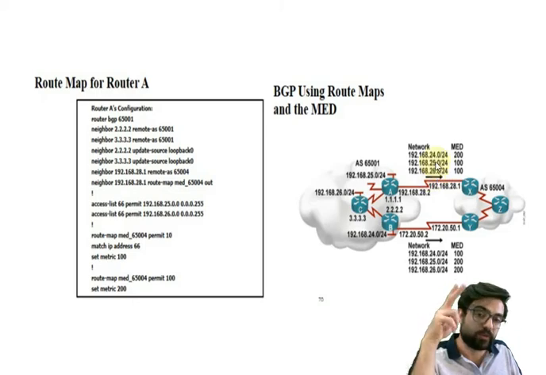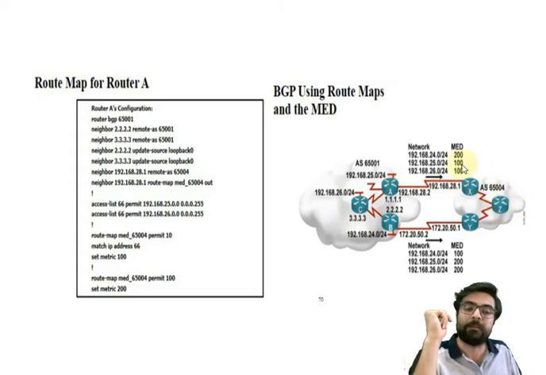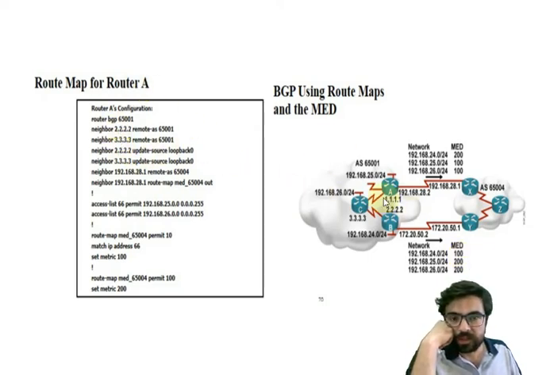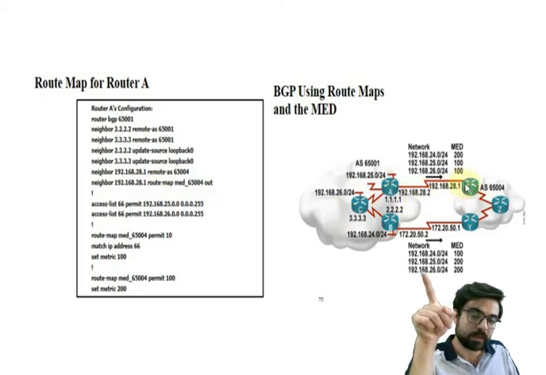These two networks can be advertised to router Z via this link because their MED is lower than this one. And here, look, this one is 200 and this one is 100. How, with this command? We're going to see router A, neighbor 222, neighbor 333, which are these two for IBGP, and neighbor 192.168.28.1 for